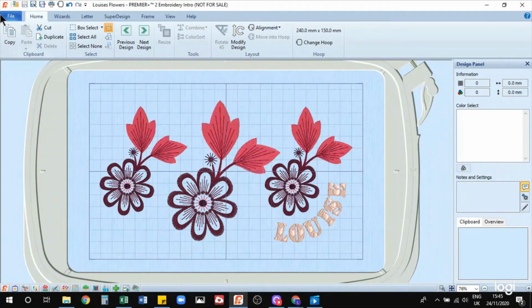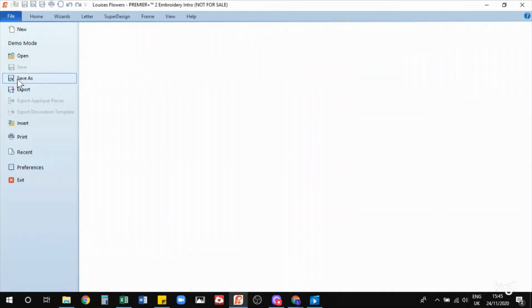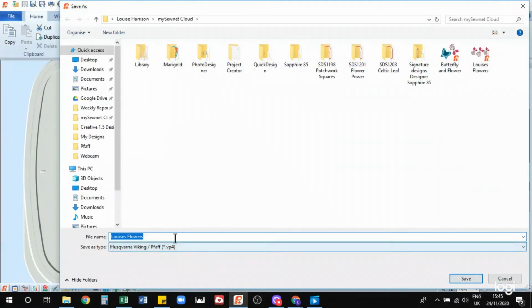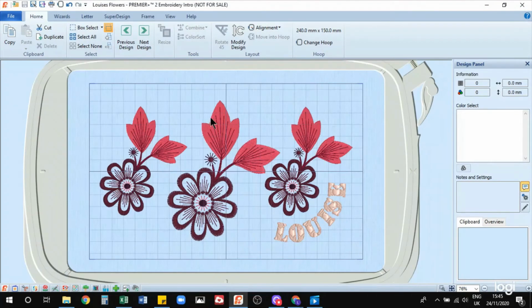Now I don't know if you noticed in there it saves as a VP4 file. Now that's far more editable than the standard VP3 file. If I want to go back and change something later, it's going to be far easier than trying to change a VP3 file that has been fixed as stitches. So always save in VP4 to start with,